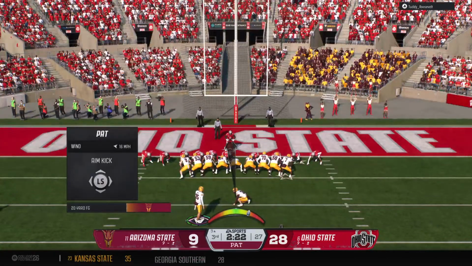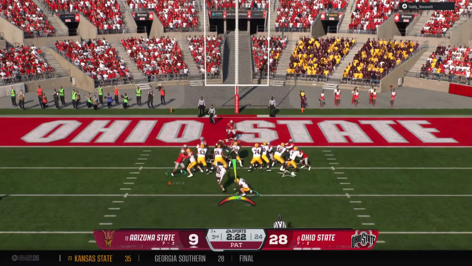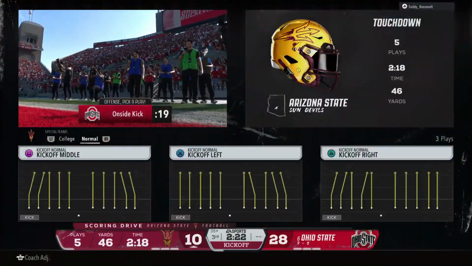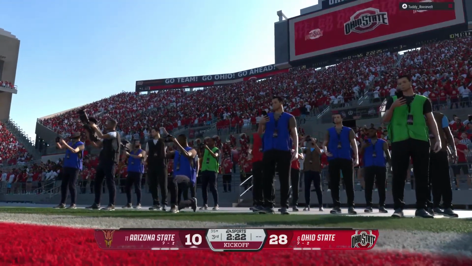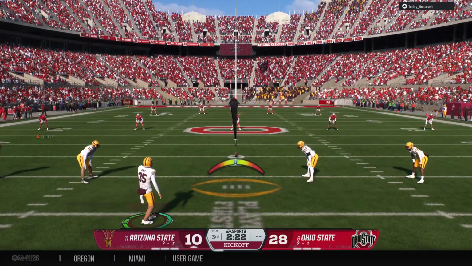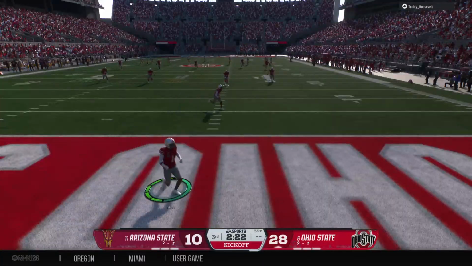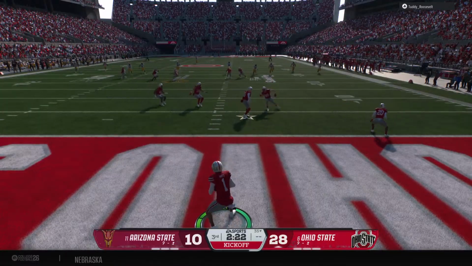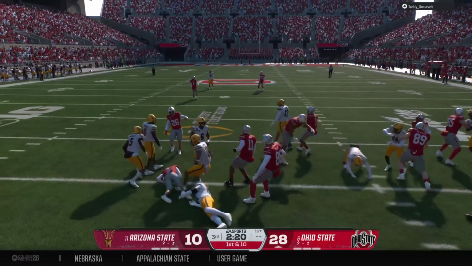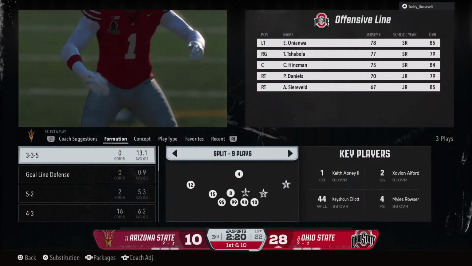Kicking team on now for the extra point. They make the extra point and trail now 28-10. Kickoff team out there. They are fired up after just scoring a touchdown. Here comes the return from deep in the end zone. And he's brought down at the 16. Would have been better off leaving it in the end zone for a touchback.